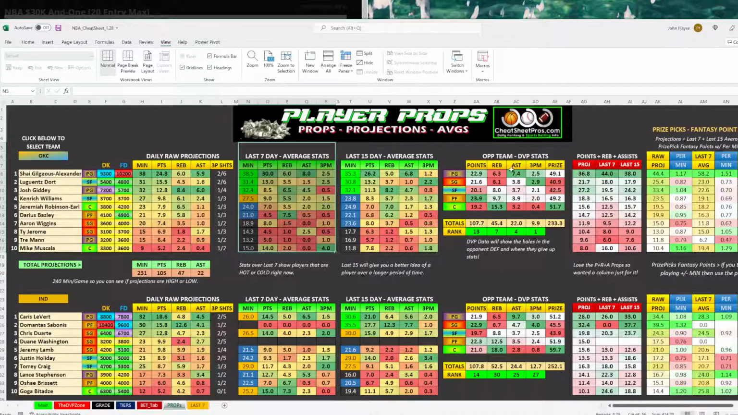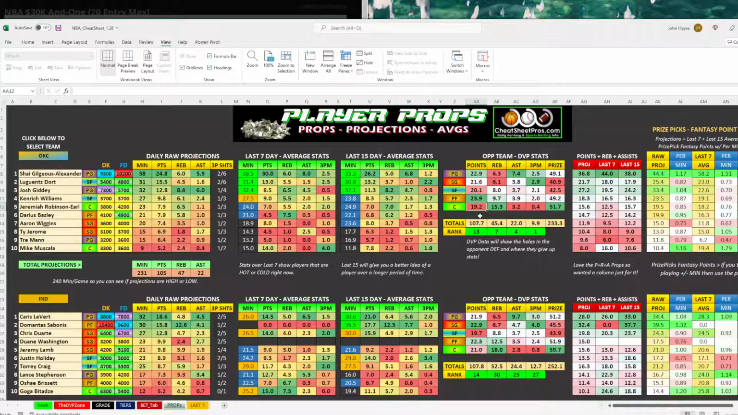And then also on this tab, I've got the opponent DVP stats, so you can see what this team is giving up. So you can see points, rebounds, assists, 3-point shots made, Price Pick fantasy points, how all of these rank, and these are the totals. And then if you want to look at the specific positions, we have your point guard, shooting guard, small forward, power forward, centers, and you can look here. So you could say, okay,